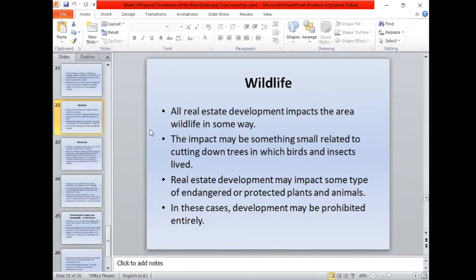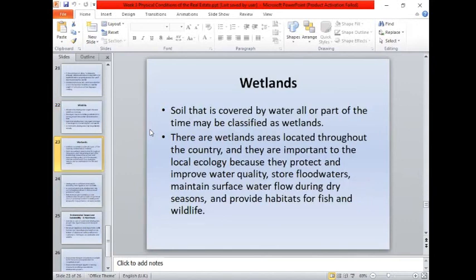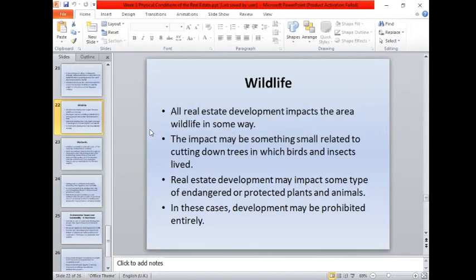What I'm trying to say is that before real estate companies are given permission to develop a particular property, it should be assessed by the DENR, because they are the responsible government agency for environmental measures towards wildlife. So if the land is not yet subject to any development, the DENR may not approve it, or they may withhold the permit to conduct particular developments on that land. Because as I've said, there are some properties or land that should be preserved for the environment.